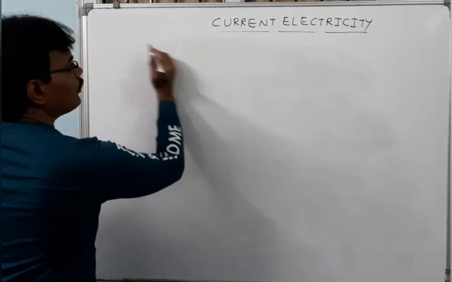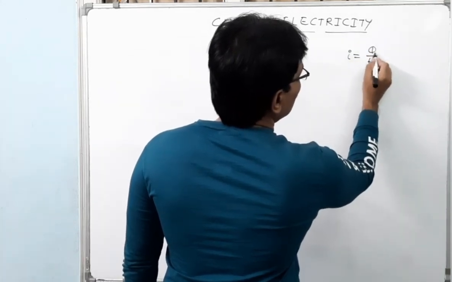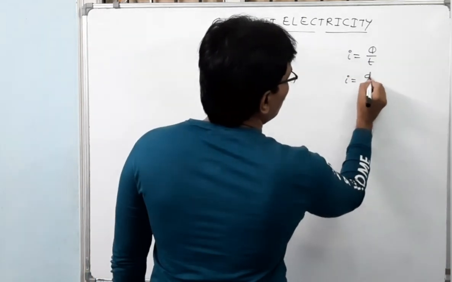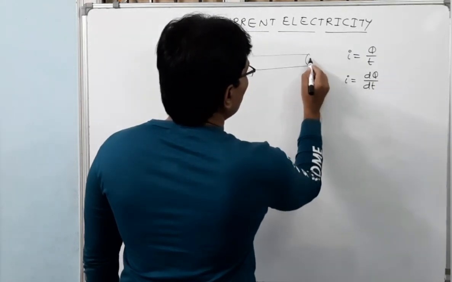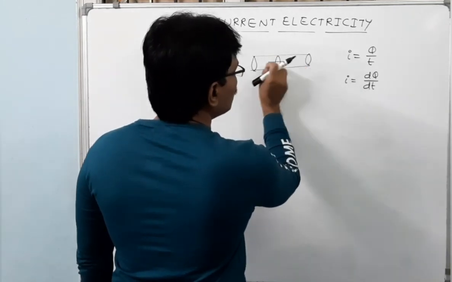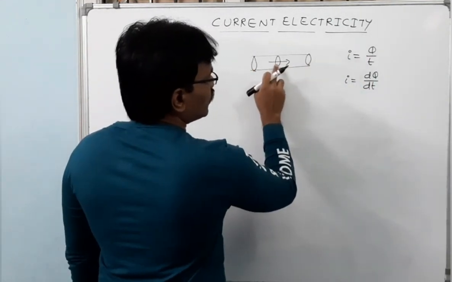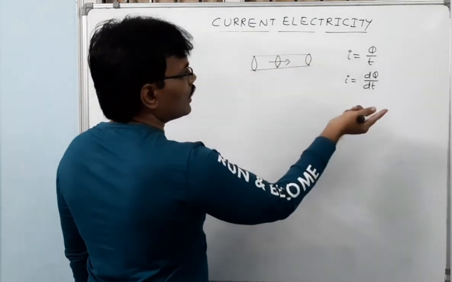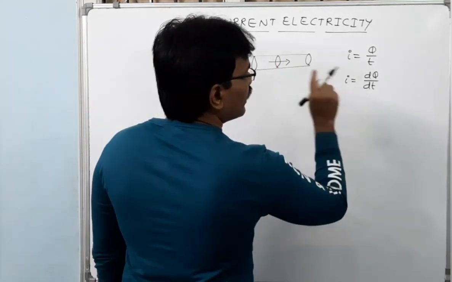Okay, right. So what are the formulas we have got so far? I is equal to q upon t. When a constant charge is flowing with respect to time in a conductor, then we use this average current. Next, instantaneous current at a given point of time. If the charge flowing through a cross section is varying with respect to time, then we use this formula. But if the charge crossing this cross section is changing with respect to time, means in the first 1 second, say for example 1 microcoulomb charge is crossing, but in the next 1 second 2 microcoulomb charge is crossing the junction, if a variable charge flows through a given cross section like that, then current is calculated by using this.